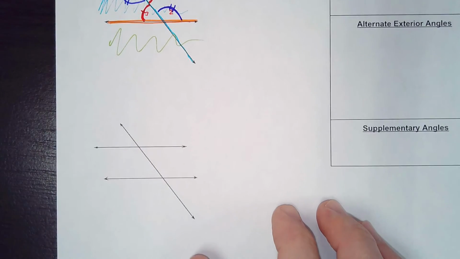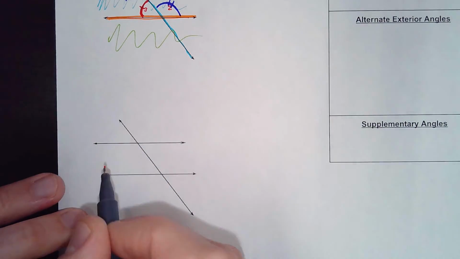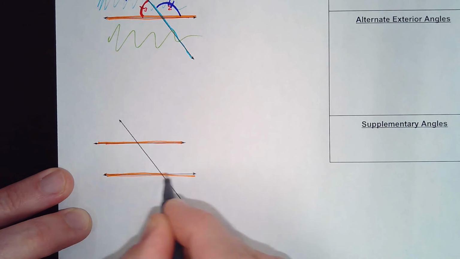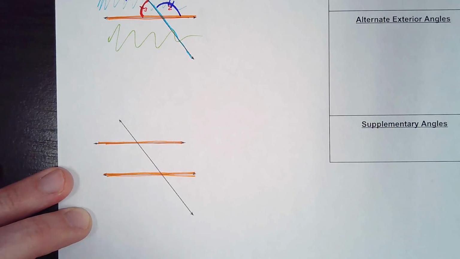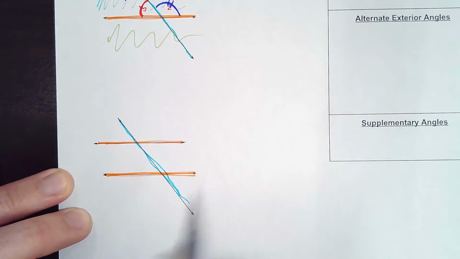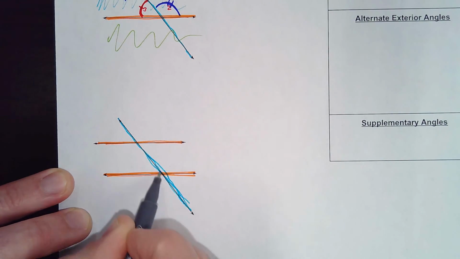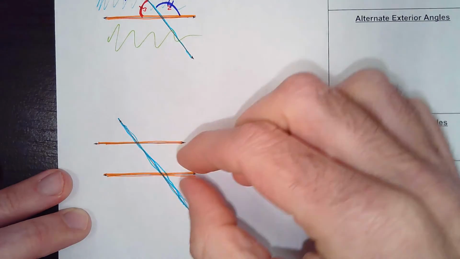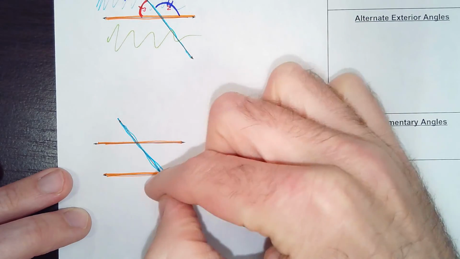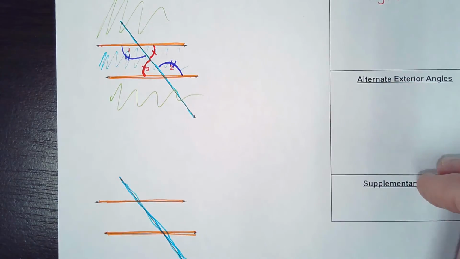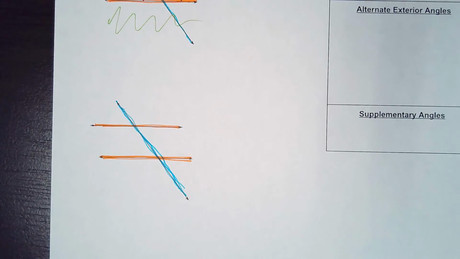All right, and finally, alternate exterior angles. Same thing we talked about. Here are my orange parallel lines, and here's the line that intersects them both. Not very straight, but all right. Now remember, the exterior would be outside the top and the bottom of these lines. Like we drew up here, this green part is the exterior. So if we want to see alternate exterior,